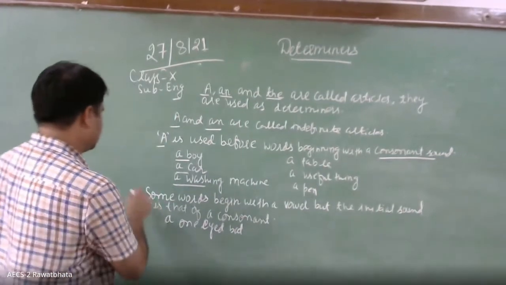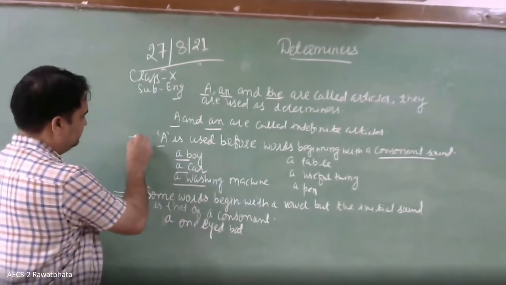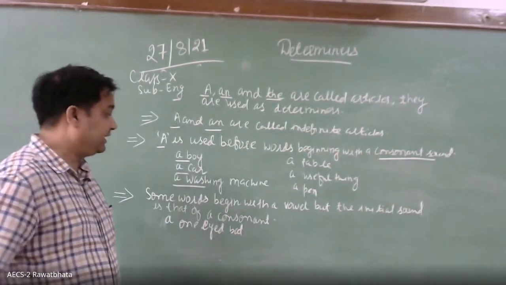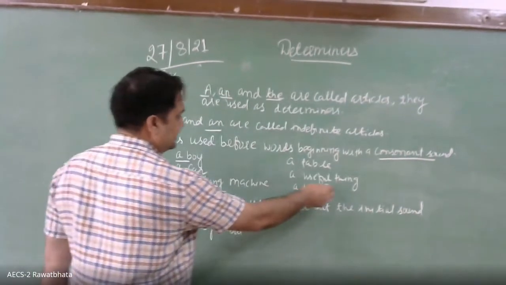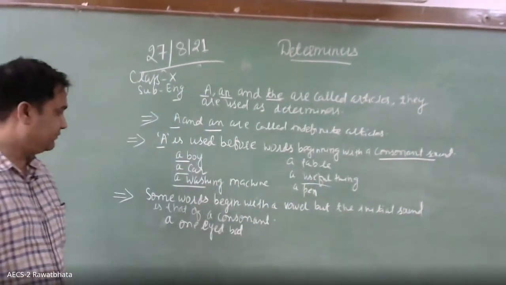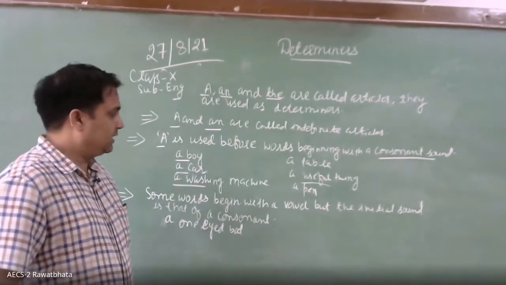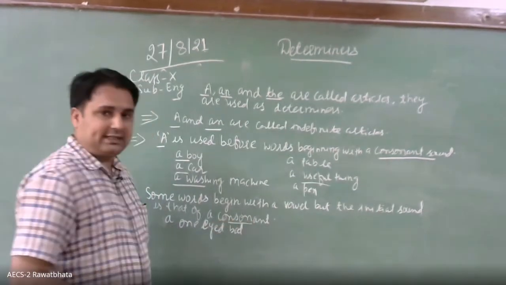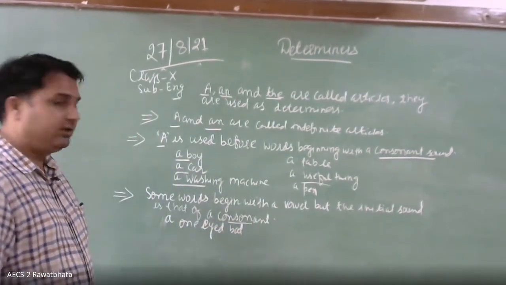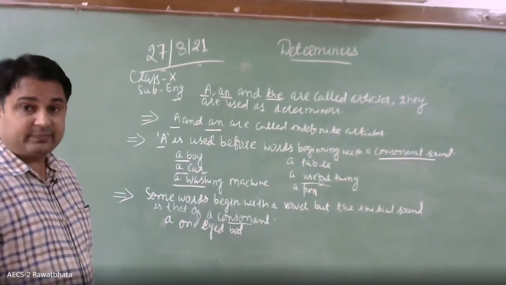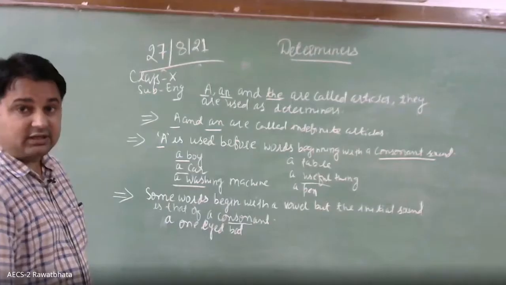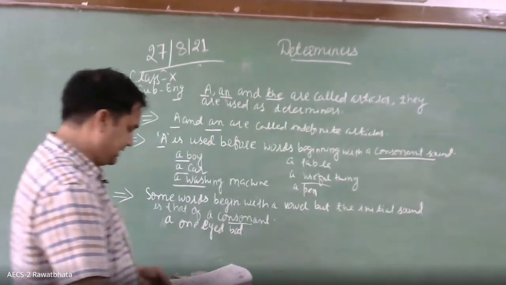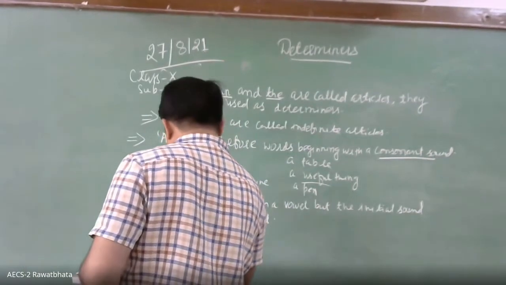So here we will discuss, children, some words that begin with a vowel. Already I have given you an example here. Some words begin with a vowel, but the initial sound is that of a consonant. So as the sound is that of a consonant, we have to use a before them. Likewise, you write a one-eyed bat,